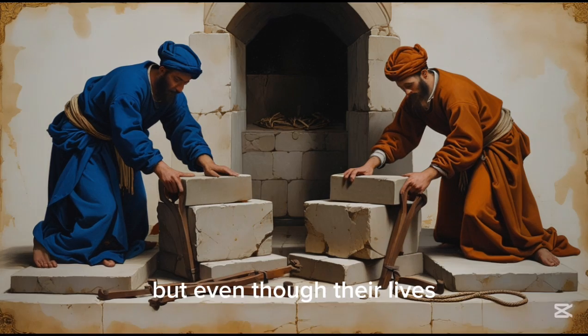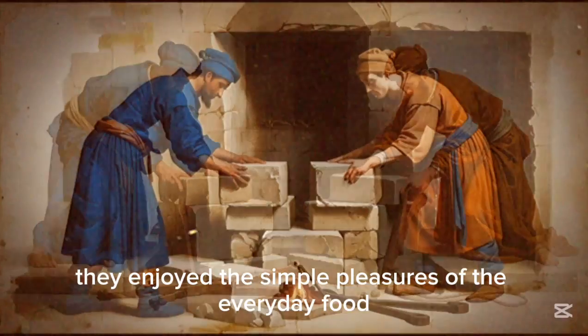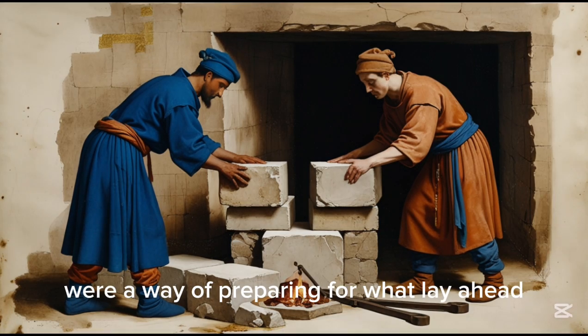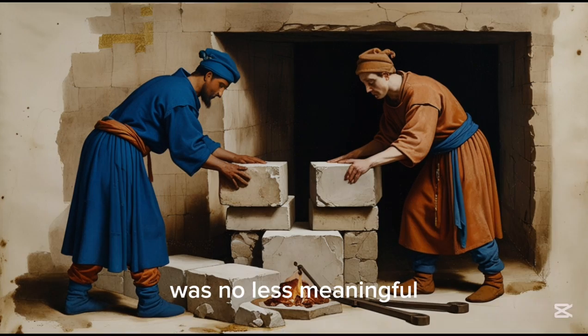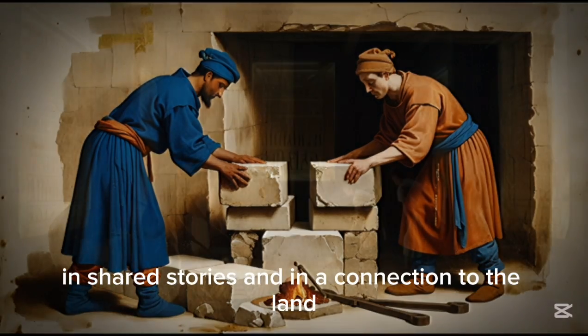But even though their lives were dedicated to the afterlife, the workers still found joy in the present. They enjoyed the simple pleasures of the everyday: food, family, rest, and community. The tombs they built were a way of preparing for what lay ahead. But the life they led, here and now, was no less meaningful. It was a life rich in small moments, in shared stories, and in a connection to the land and the